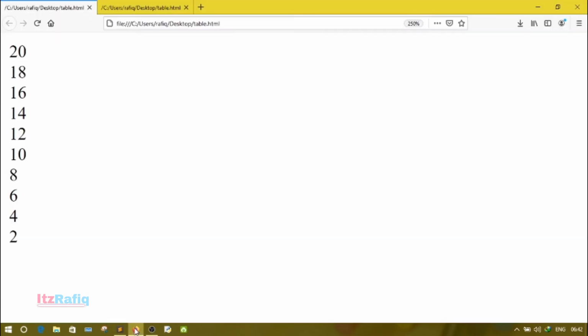Save the program and just reload it. So here is the output: 19, 17, 15, 13, 11, 9, 7 and 5. Because I have written I greater than equal 5, so it stops at 5.